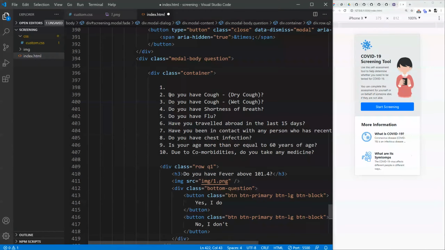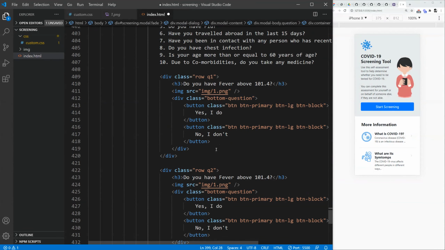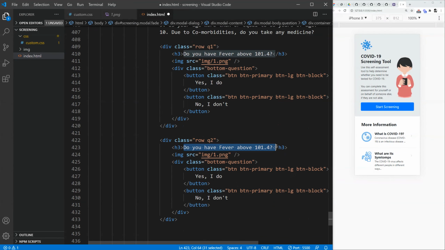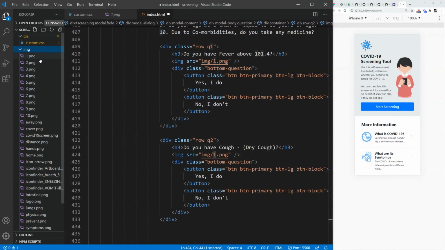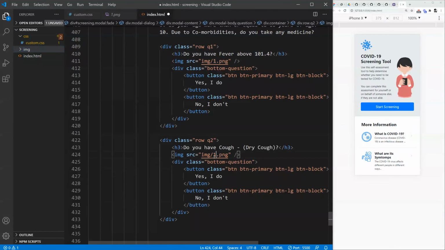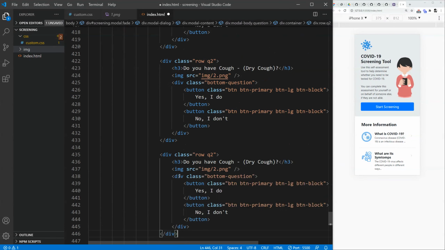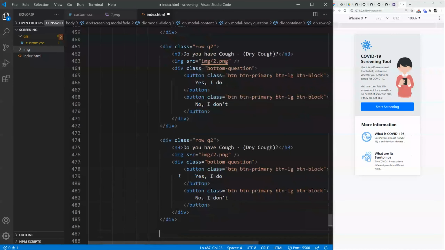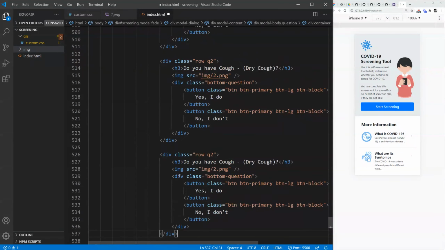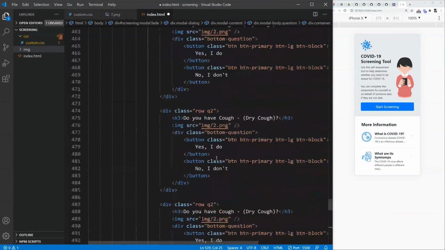and copy paste this. For your easiness, I have already renamed the images. So you just need to follow the 2, 3, 4, 5, 6, 7, 8, 9, 10. That should just take you to the 10 questions images. No need to actually go and search. That should just save your time. Q3, Q4, Q5, Q6, Q7, Q8, Q9, Q10. Okay, so